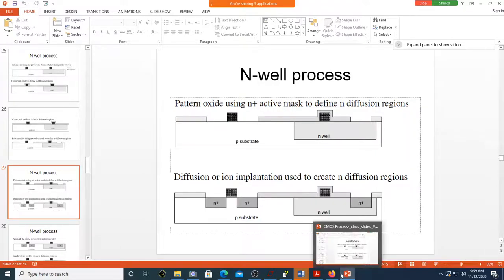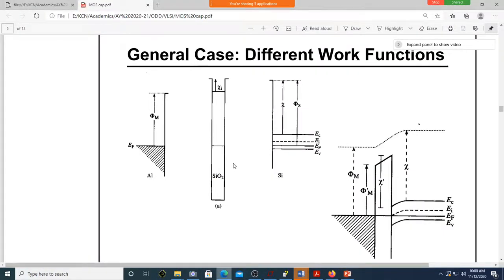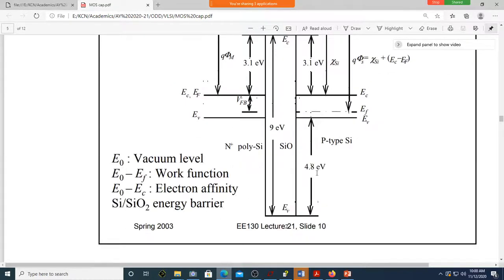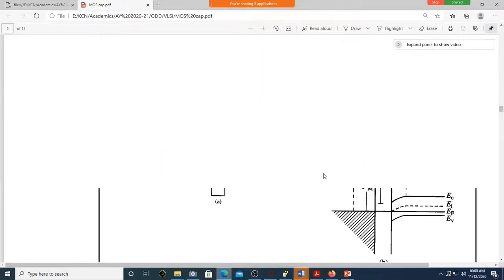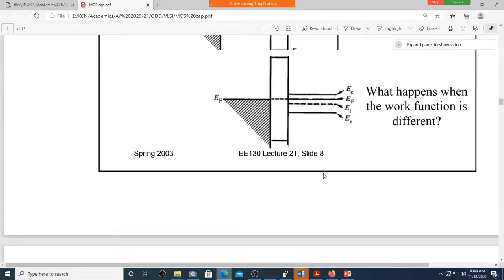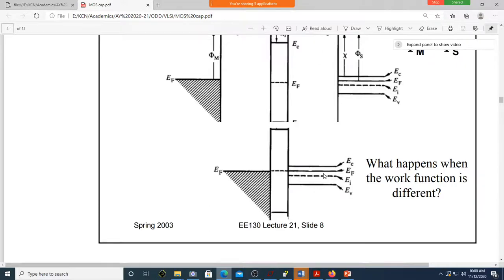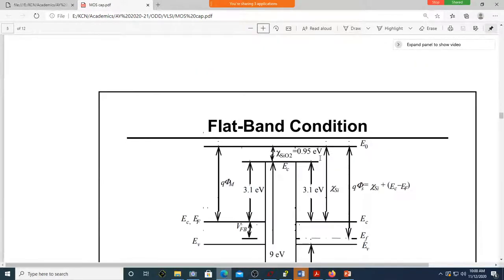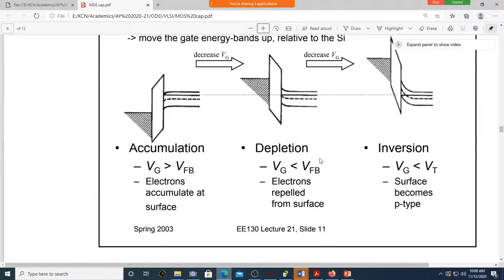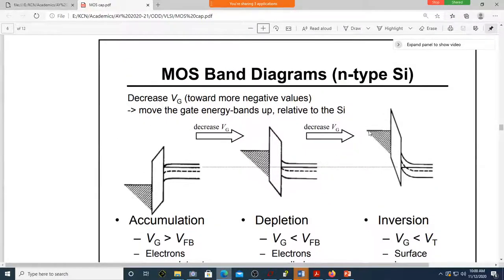Okay, hopefully you have more clarity now than in the previous class about the energy band diagram of MOS capacitors. And similar to that, of course, we can think of the same analysis for a PMOS capacitor. Whatever we have discussed is for the NMOS capacitor. So let me see, can I show that also so that you can rewrite that. I think yeah, this is for N type.